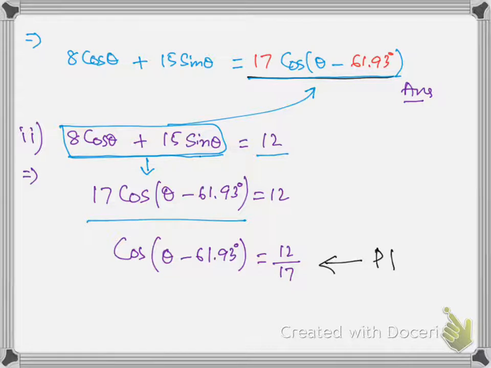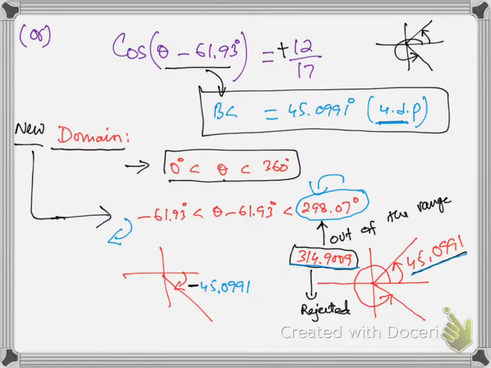This is basically P1. You have solved so many equations of this type in P1. Since cos is positive, it must be in the first and fourth quadrant, here and here. So first get the basic angle, write basic angle, B angle. Don't write alpha here because you already have used alpha in the first part. So always write B angle. And always write basic angle up to 4 decimal places. Whenever the basic angle is non-exact, always write it up to 4 decimal places to get the accurate answer in the answer.